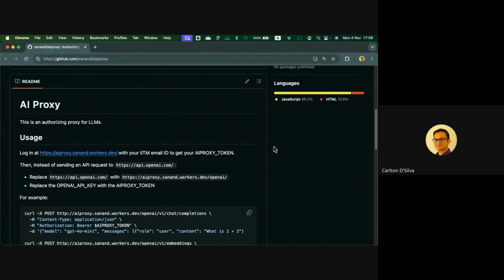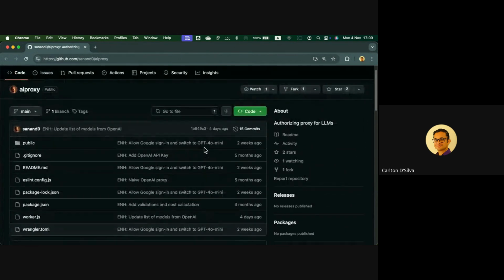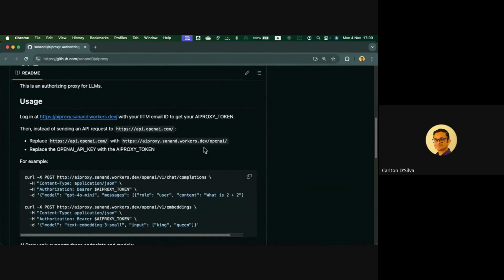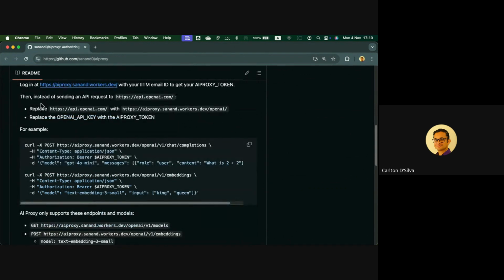This is basically the place where you'll get the documentation about the API that we'll be using today. The main thing to remember is that these URLs are what you'll have to use. Effectively, it's a proxy for OpenAI's keys. It goes through Anand's server, and then you're able to do whatever you require through this proxy.